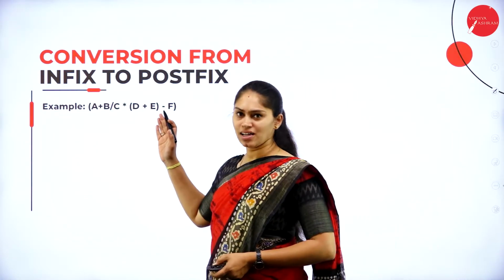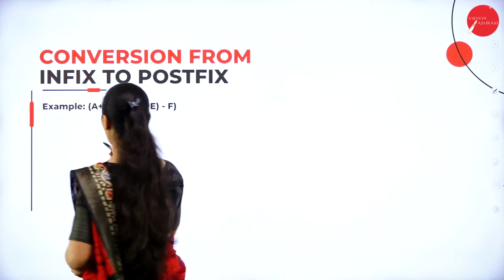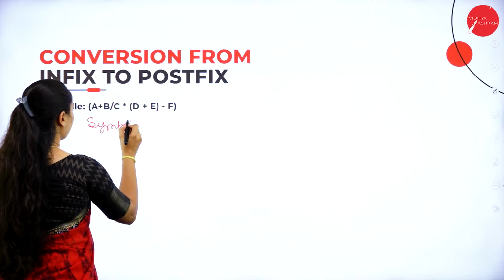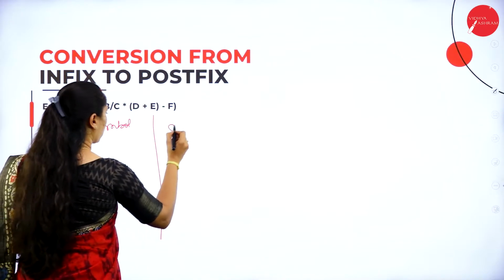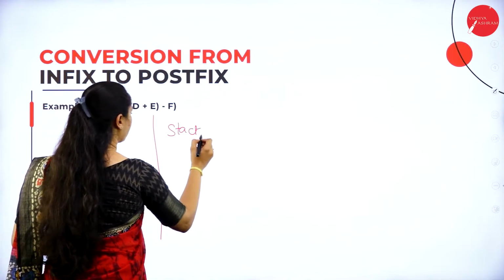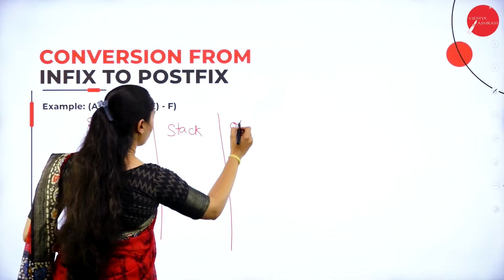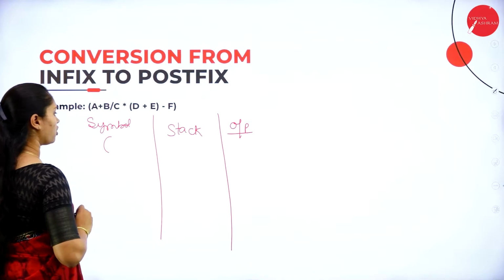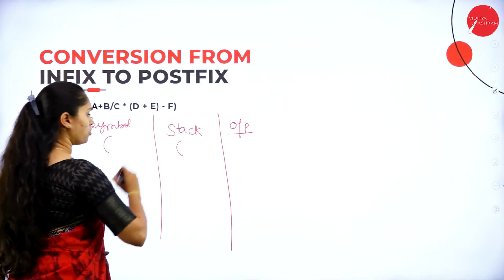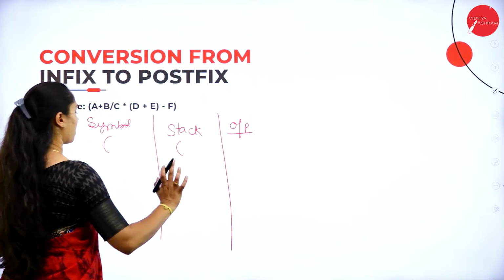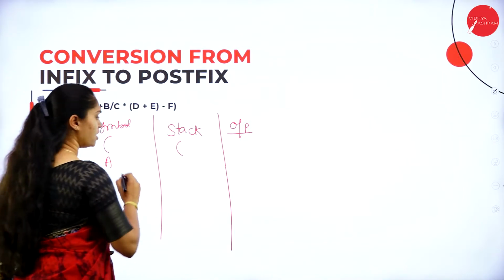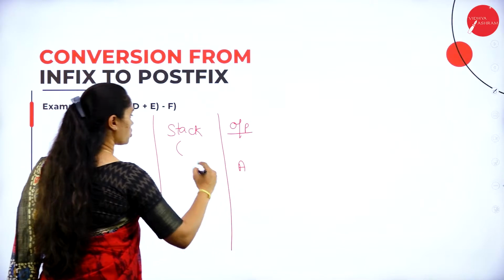So here we have an expression. First I need to consider the symbols. Next I have a stack column, and we have an output or postfix expression. Now I have an opening parenthesis that needs to be moved to the stack. As of now we don't have anything in the postfix expression. Next I have an operand called A. So A needs to be pushed to the